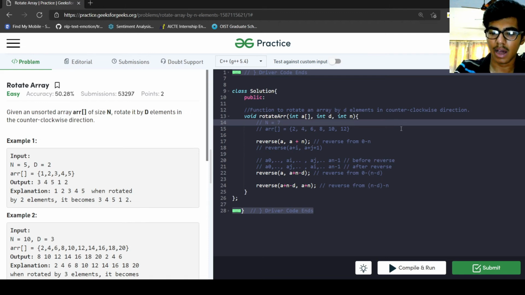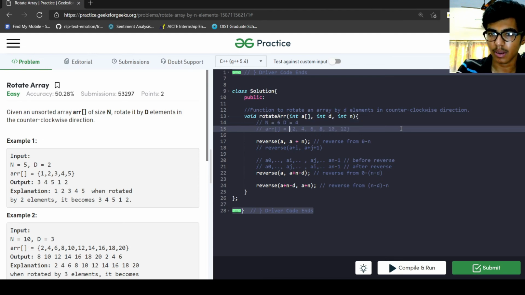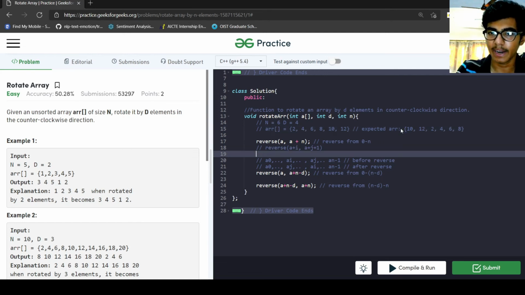And I take d equal to 4. So the expected final array should be 10, 12, 2, 4, 6, and 8. So this should be our expected array.